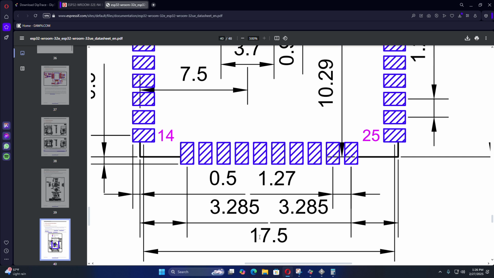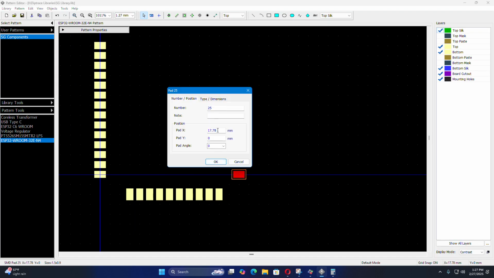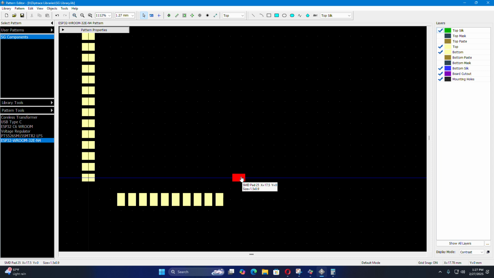So it is 17.5 mm, right? From the mid of this pad 14 to the mid of this pad 25, it is 17.5. So we will set it at 17.5. Okay, so this should be the pad 25, right? You see 25,